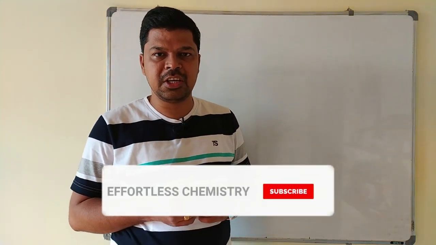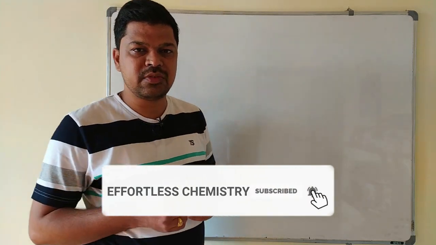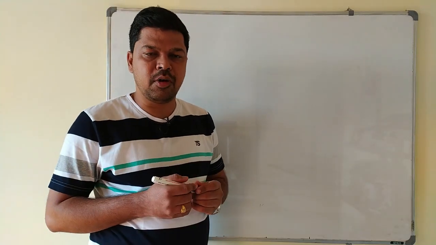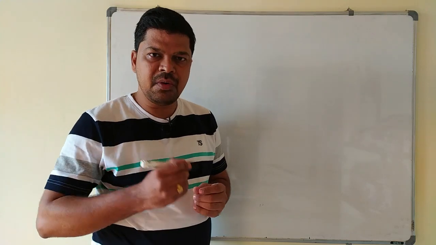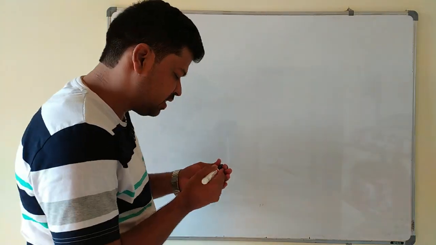Already we have started group 16 of the P block elements, and in the last class we have discussed up to preparation and properties of dioxygen. Now we will discuss some simple oxides.